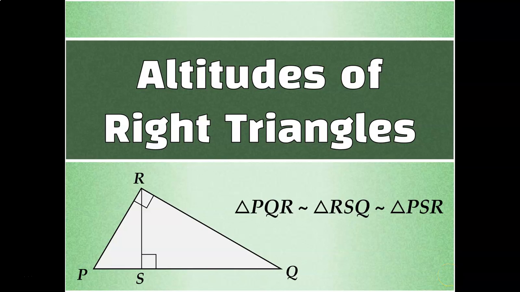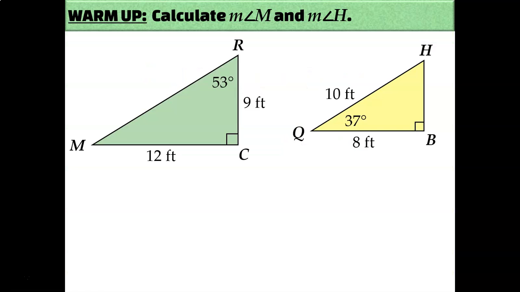Let's talk about the similar triangles that are created when you draw an altitude inside of a right triangle. But first, let's review some basic triangle information and information about similarity. For example, could you figure out the measure of angle M and the measure of angle H in these two